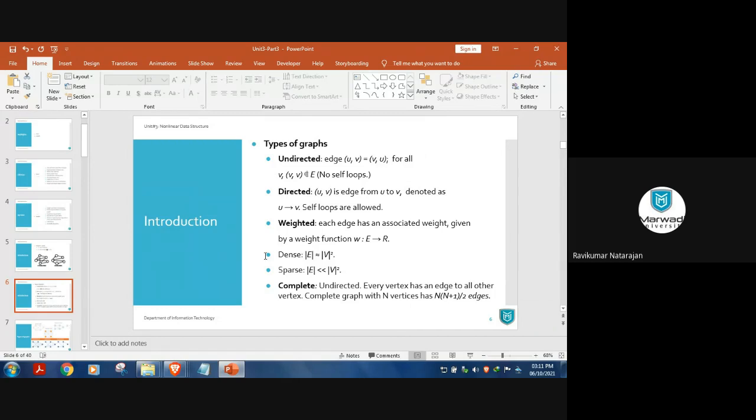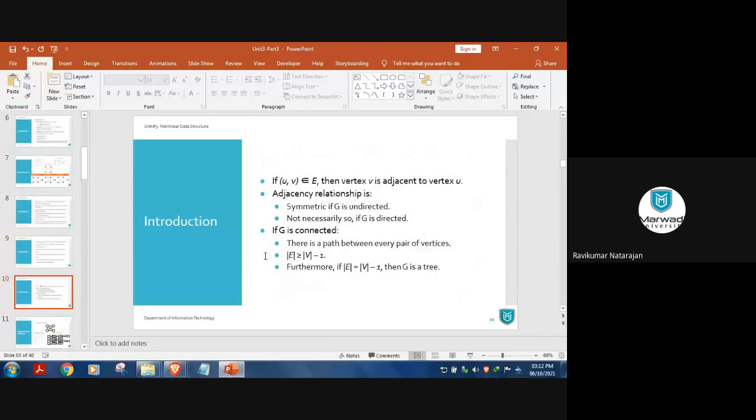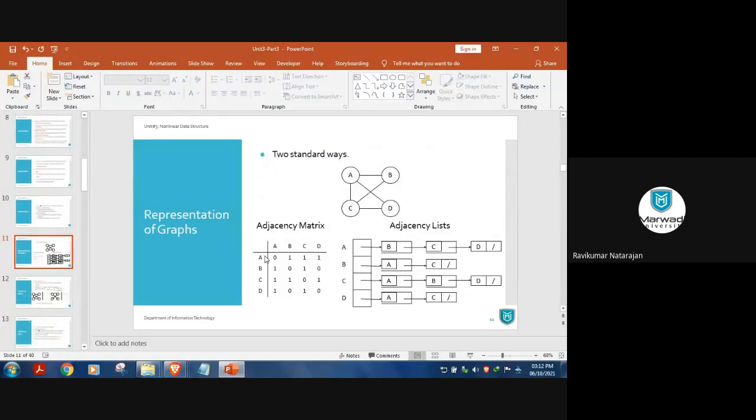And then we have seen 2 representation. What is that? So how will you find adjacency matrix? We take intersection of rows and columns, and if there is an edge connecting those vertices, then we mark 1, else 0. Else it's 0. So similar to this, right? Here it is. Adjacency matrix and adjacency list.